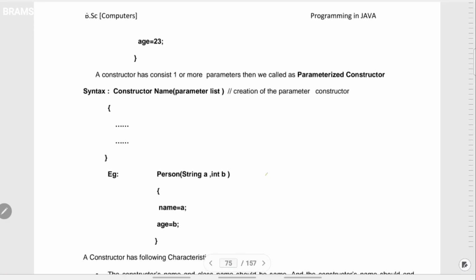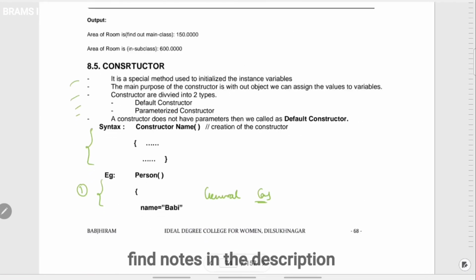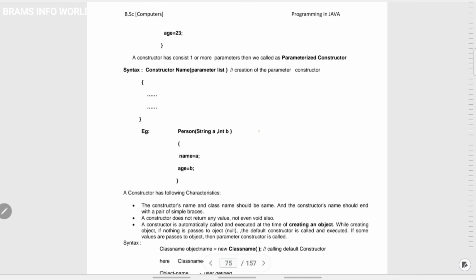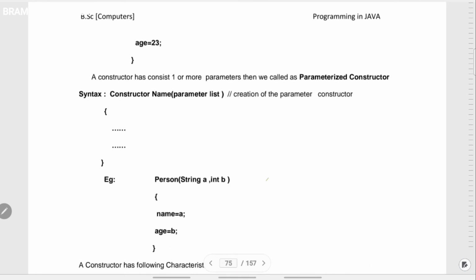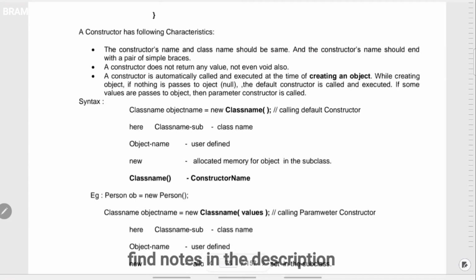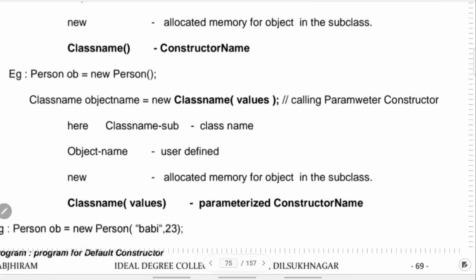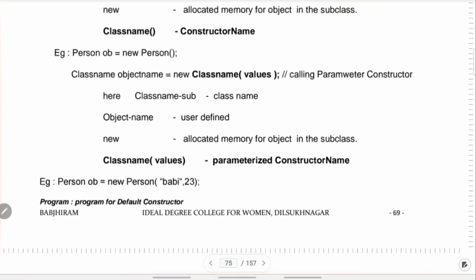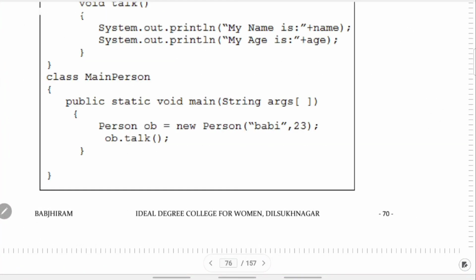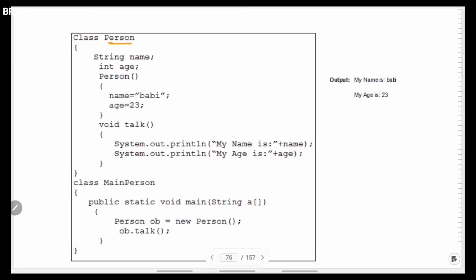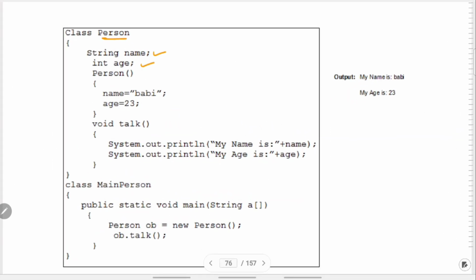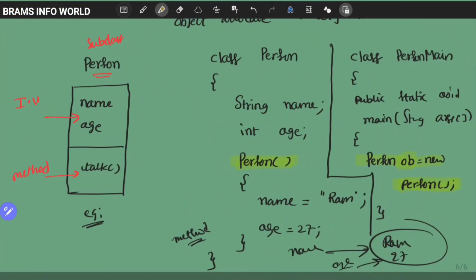name, which I already defined in the previous page. Name is already defined, there is a semicolon, and age. So this is the way we have to define general constructor, and this is the way we have to call the constructor. Coming into the program, person is subclass. We are taking name and age as per this example.